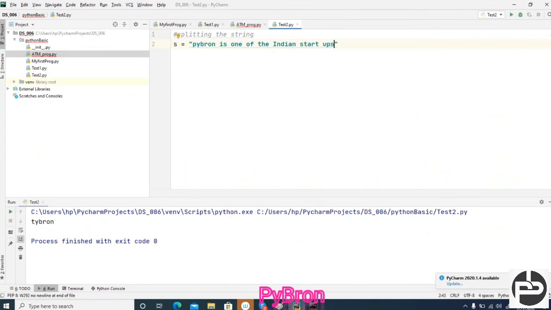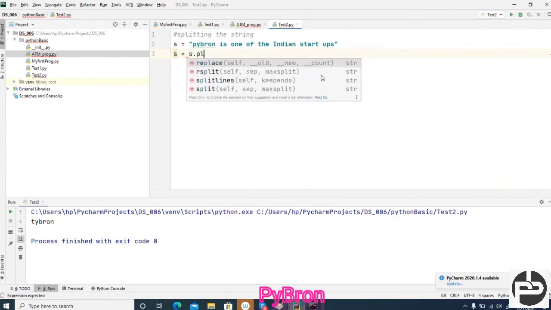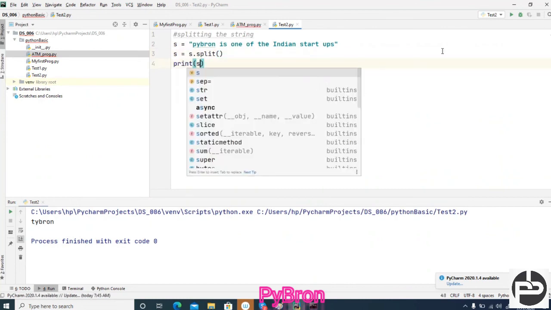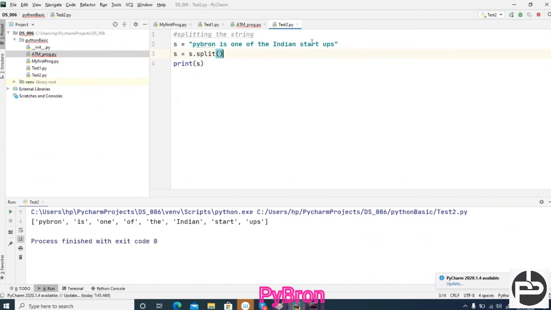Let's see. Suppose I say s = s.split(). I am calling the split method, and afterwards I am printing it. Print s, what should the output be?